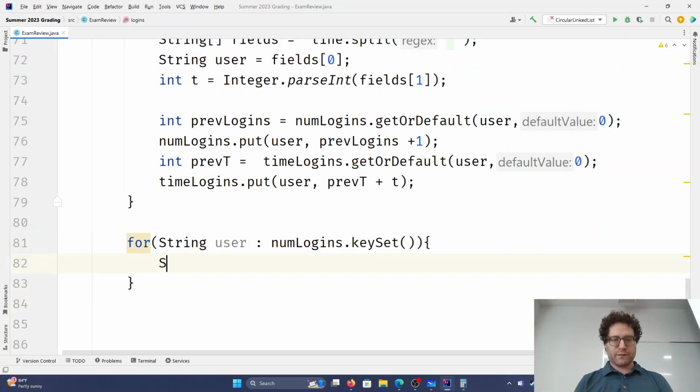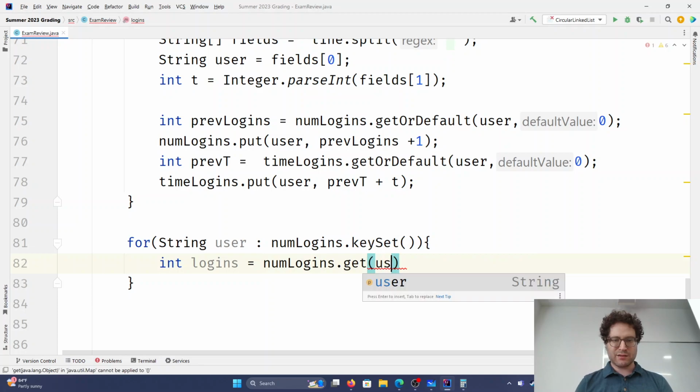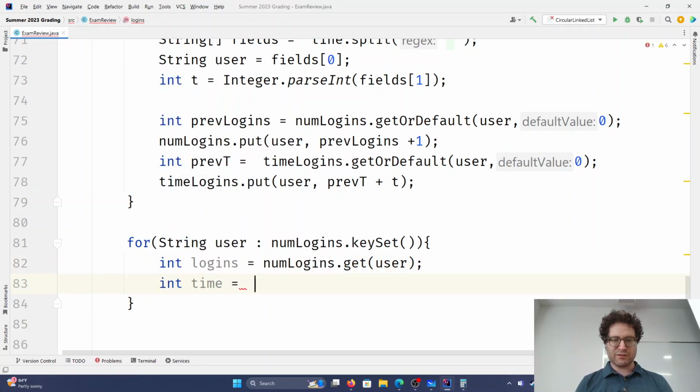Okay. So what we'll do is we will say user, so we'll get int logins is equal to numLogins.get user, int time is equal to timeLogins.get user,